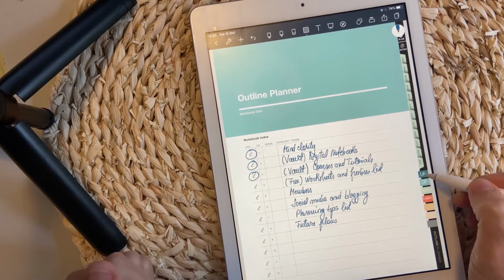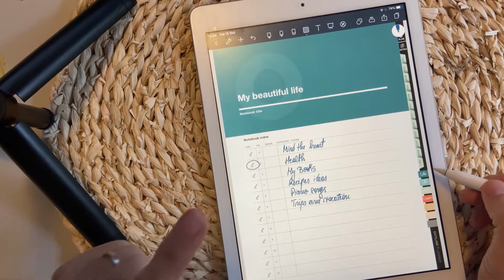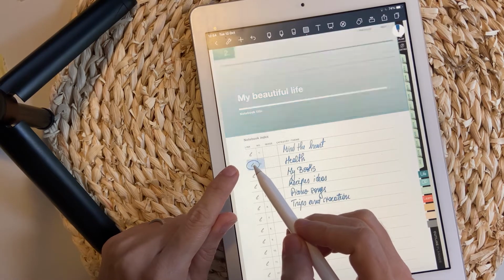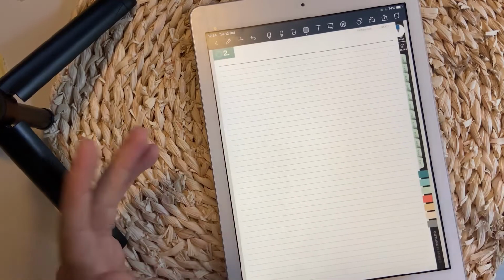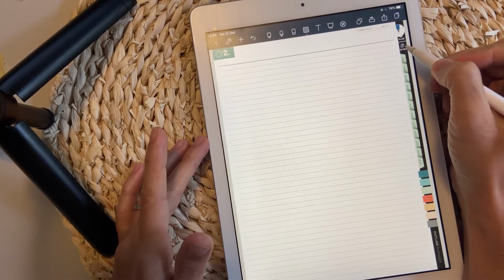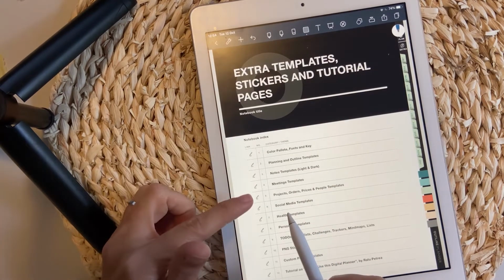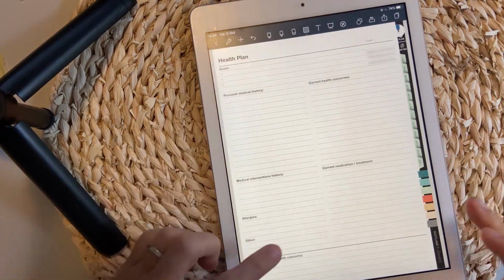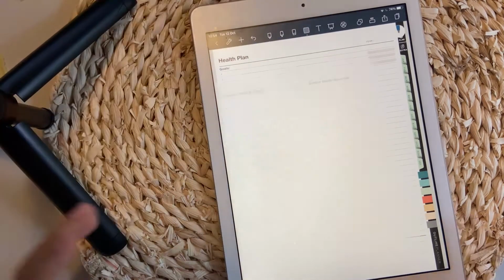Now let me go back to the life section and I'm going to show you how to add content in one section. And I have chosen the health section for this exercise. The health section looks like this, simple note pages, but I actually need to start with a health plan. So what I'm going to do is go to the extra templates, go to health, and let's slide, and I'll take this page here, screenshot,